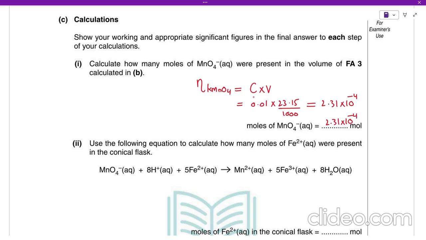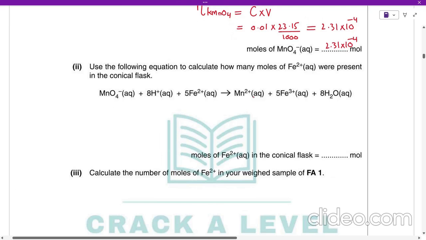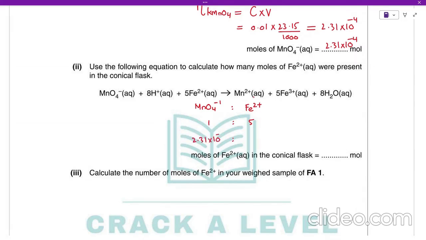Now use the equation to calculate how many moles of Fe2+ were present in the conical flask. So now we can just use the molar ratio. So MnO4 minus and Fe2+, the ratio between these is 5 and 1. When this was 2.31 into 10 power minus 4, this will be x, and you can just cross multiply 5 into 2.31 into 10 power minus 4 and divide by 1. So let's just calculate this, it will become